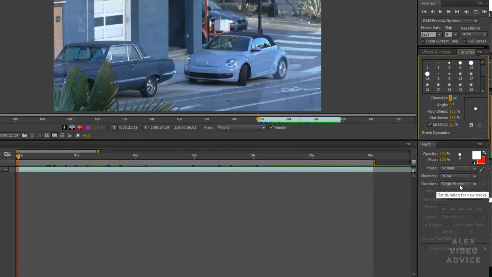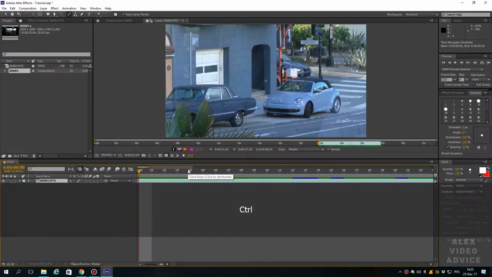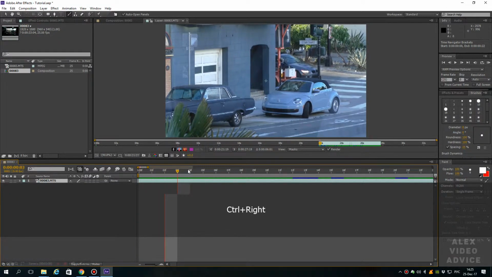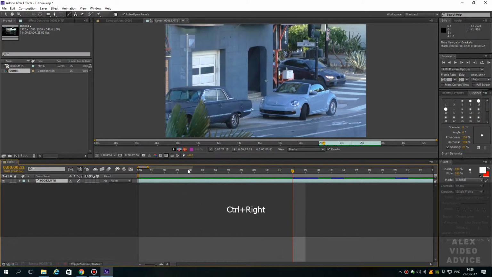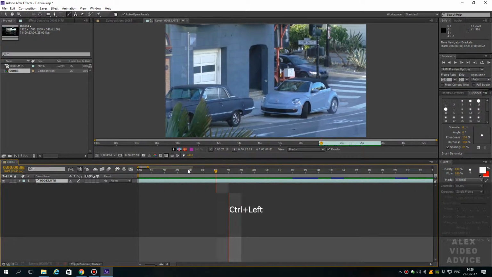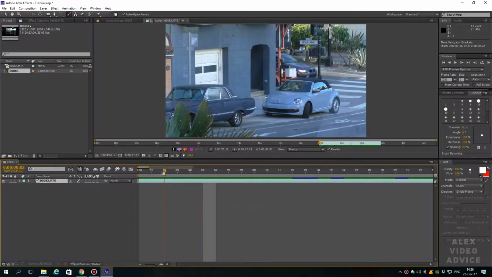Move the slider to the leftmost side. The labels like 01F, 02F and so on should appear. And to move from one frame to another, you need to press Ctrl plus left arrow for one frame back and Ctrl plus right for one frame forward. That is, we are going to draw each frame separately. You can move using shortcuts or with the mouse and the top scrubber, it is up to you.